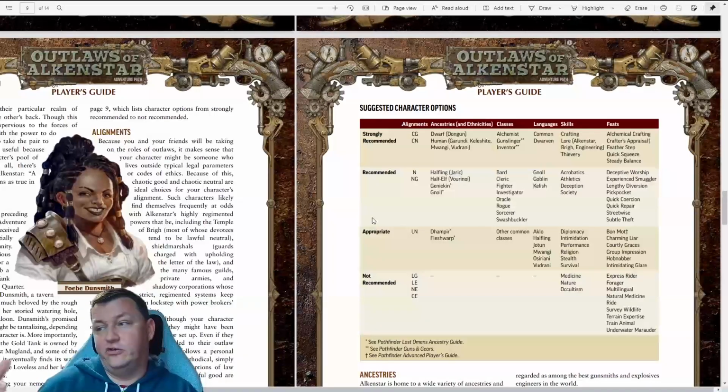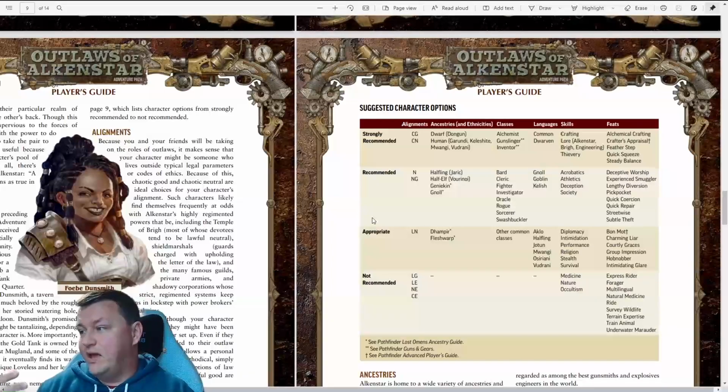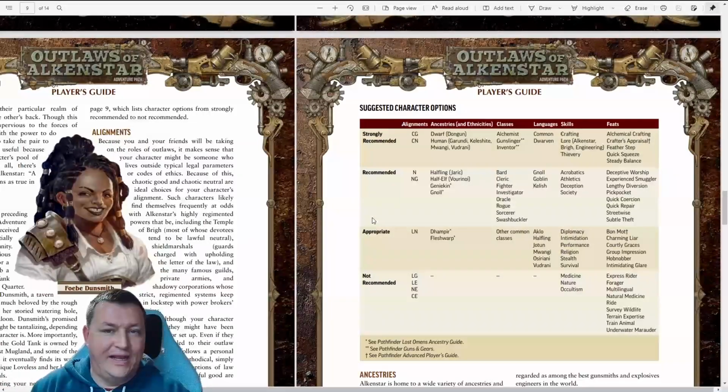And in the second tier of skills are acrobatics, athletics, deception, and society. As well as feats that are recommended, we've got pickpocket, quick repair, quick corrosion, streetwise, subtle theft, smugglers, deceptive worship, things that allow you to hide your true identity as an outlaw in the city, it seems. And we have appropriate, which are fine, not great, not bad: Dampier and Fleshwarp as languages,